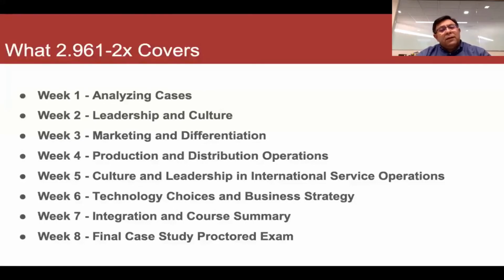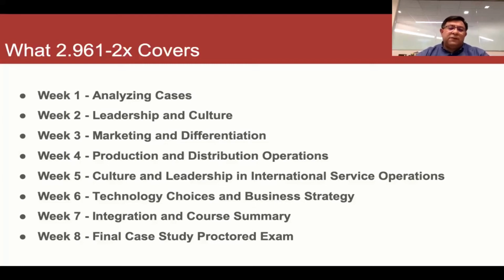Then we talk a little bit about marketing and differentiation, emphasizing some points earlier from 1X, but again, you don't need to take the first half. And it's a case study to showcase what it means to differentiate a product and how to think about the strategic implications of that. Then we talk about production and distribution, and then we come back to culture and leadership